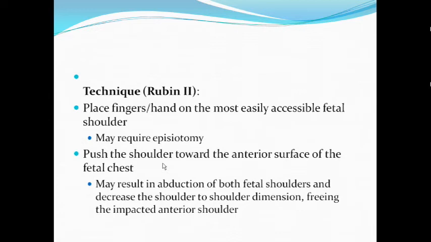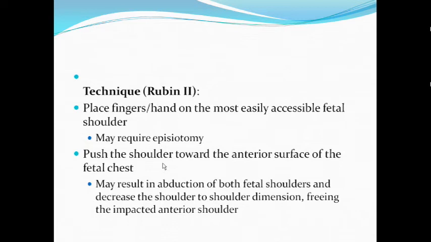You have to go back. Where do you have to go? You have to touch the anterior shoulder, go behind it, near the scapula, behind the back. You put your two fingers; it's not easy to put your whole hand. As much as possible, if you are able to push your whole hand or two fingers behind the shoulder, in the back, try to push it towards the chest. Okay, push it towards the chest.